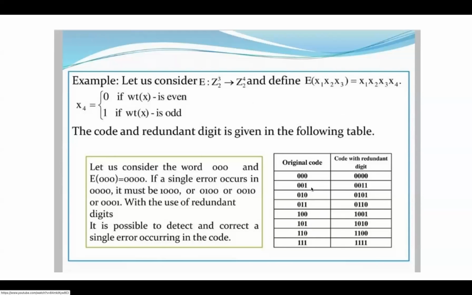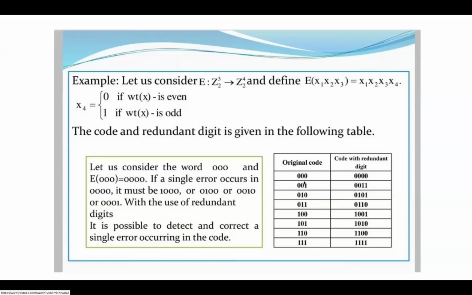In that case, the original code will have 4 sequences, 0, 0, 0, 0, and all combinations of 4 bits. 2 raised to 4 rows will be there, means 16 rows, and there you have to take the same condition and append one more bit as x5.